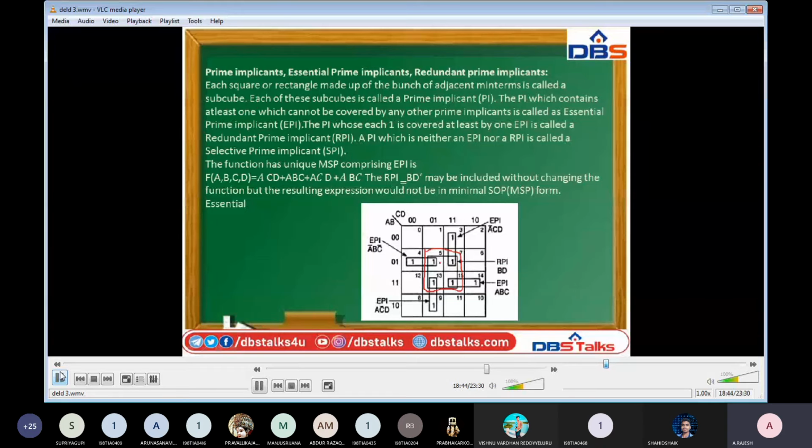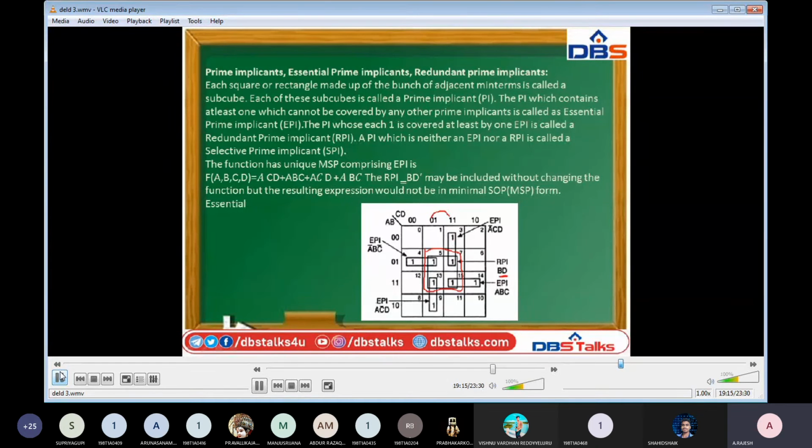So what will be the output here? See here, the A value is varying from 0 to 1. That means A won't exist. B value is not changing, B. And in this quad, the C value is varying from 0 to 1, and the D value is not varying. That's why B and D. Okay, BD, this is the reduced form of this one. That means we are reducing these 4 minterms, that is 5, 7, 13, 15, to only one term with only 2 literals.